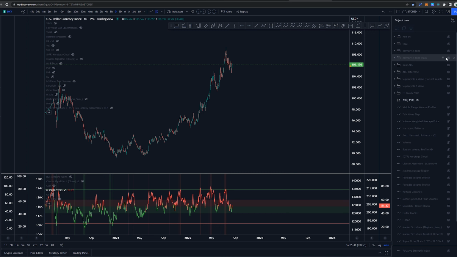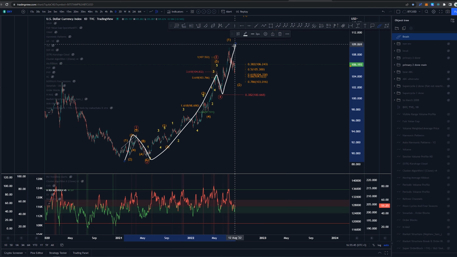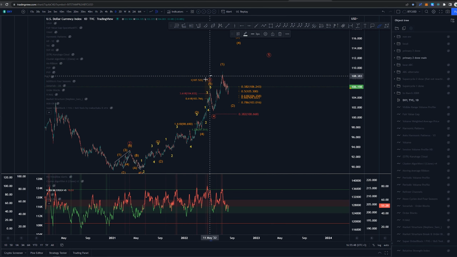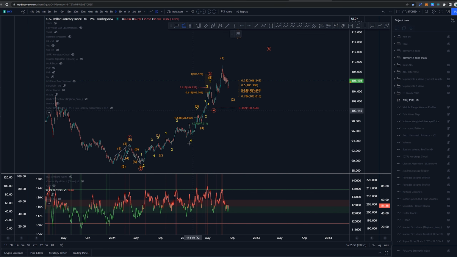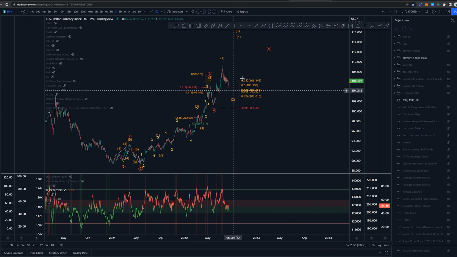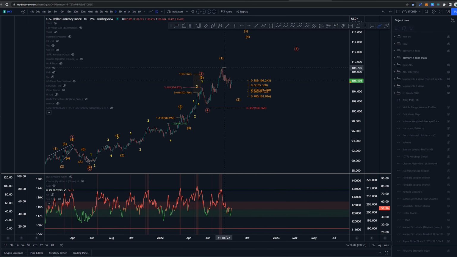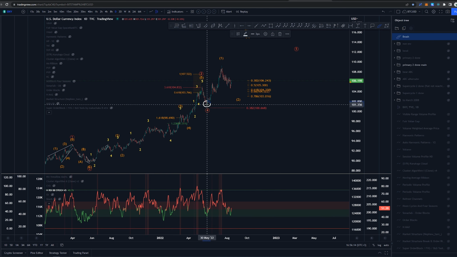Higher time frame, my main count is still the same, in which we had this as 1, 2, 3, 4 and then looking for that fifth. Third was extended here, so we don't need to be looking for an extension on the fifth. Currently, we have already reached the targets for the wave 5 here, if we are having this as the primary third. However, at the moment, it does not look too impulsive to the downside, and we can basically confirm this idea that at least this is not a wave 1 up to the top